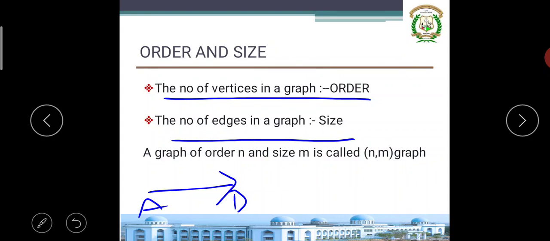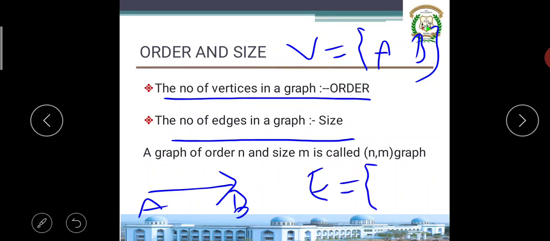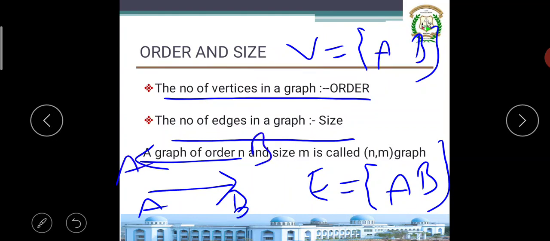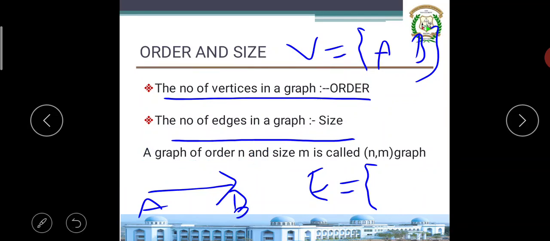This is a directed graph, the vertex set is the same, A, B. For the edge set of this directed graph, you must and should write AB. You should not write BA. This is entirely different from the graph with BA. So in directed graphs, you should be very careful when writing edges.